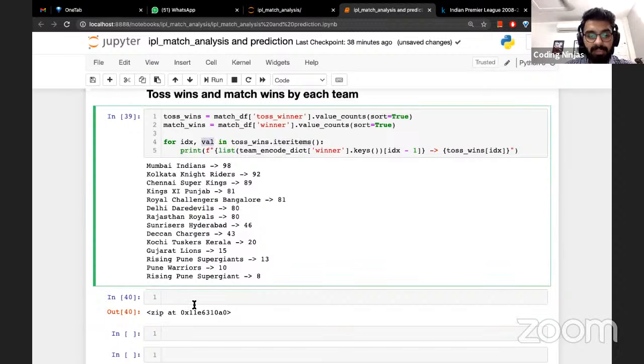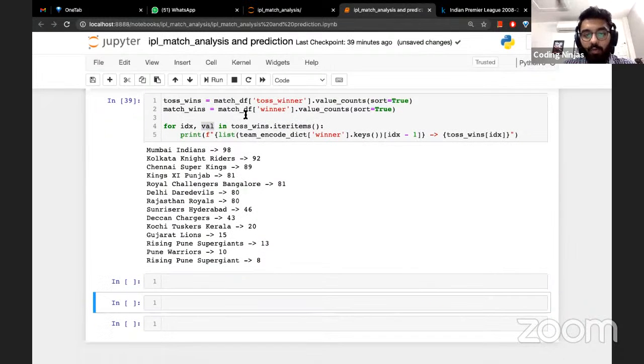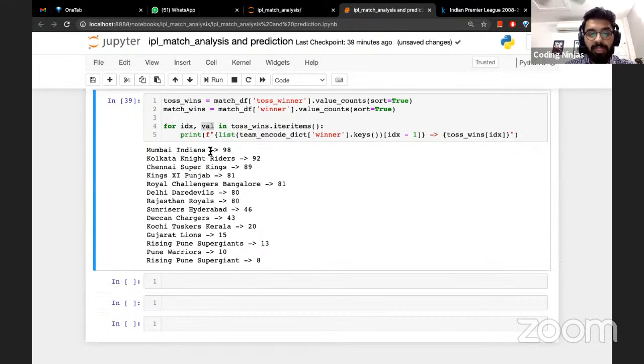So that's just about it. And then we iterate over it to get the value. From the value, from the index, we go to the encoding, to the actual team name. Similarly, we can do this for match_wins. So we saw that Mumbai Indians has won the most tosses. And if we look at match_wins,